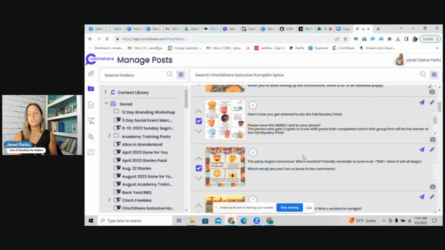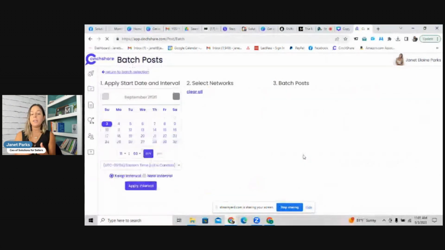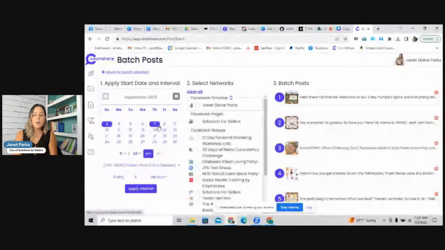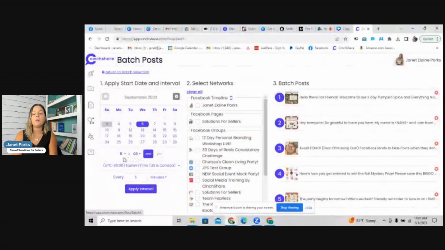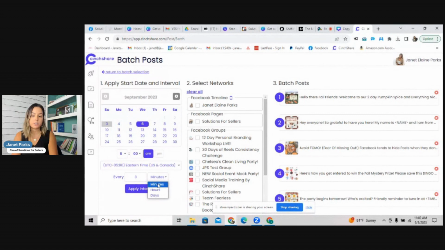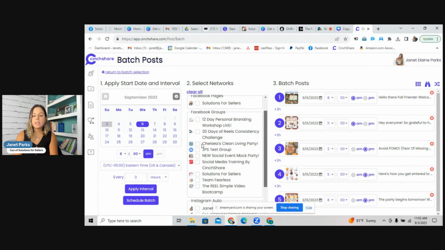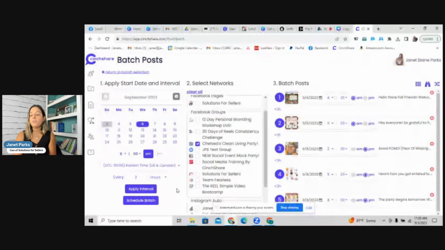Once you hit batch post, it's going to take you to this next screen where you can simply add your date that you want the post to go out and add the time intervals. And once you do that, you're scheduling out your very first day in minutes. So if I want this to start on the 6th, for example, and I have it start at, let's say, 8 a.m., okay, and I want it to go out every 3 hours, which is what I suggest, and you hit apply interval, okay, make sure to hit your group that you want these posts to go off in. On the right-hand side, you're going to see the times so that you can confirm that these are the times that you want to work for you.